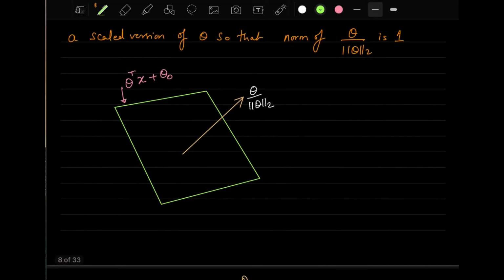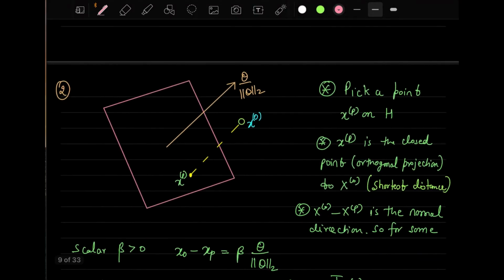Okay, so this is the normal vector which I am showing here, and it's a unit vector. So the first theorem is proved. Now we will prove the second theorem, which is that if you have a point here and you want to calculate the distance of this point from this plane, then what is the value of this distance? This is shown over here.